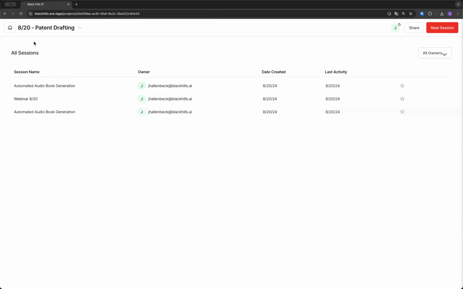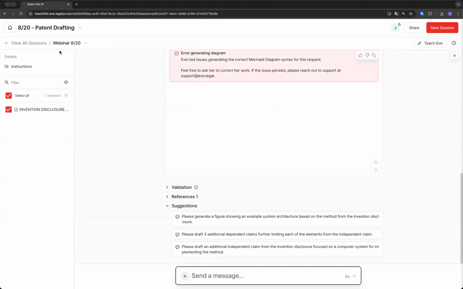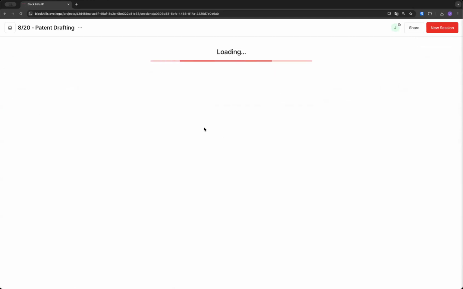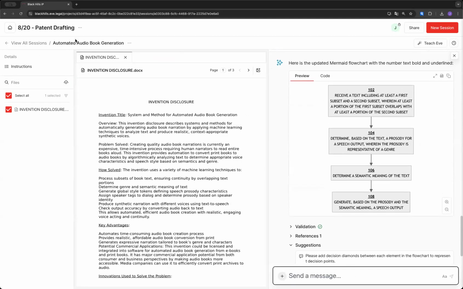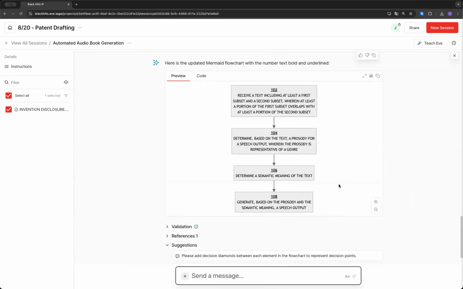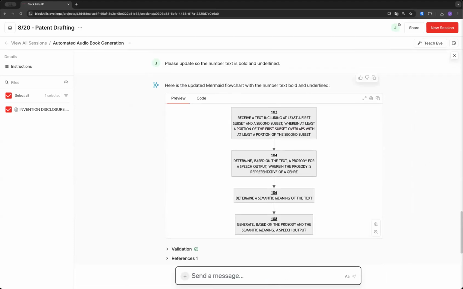Let me switch back. Let me go to a different one here. I think this one. Okay. Here's an example. Make this bigger again. But here's an example of what I was able to create using the tool, and you'll see, it's acceptable to put numbers inside of boxes at the USPTO, so